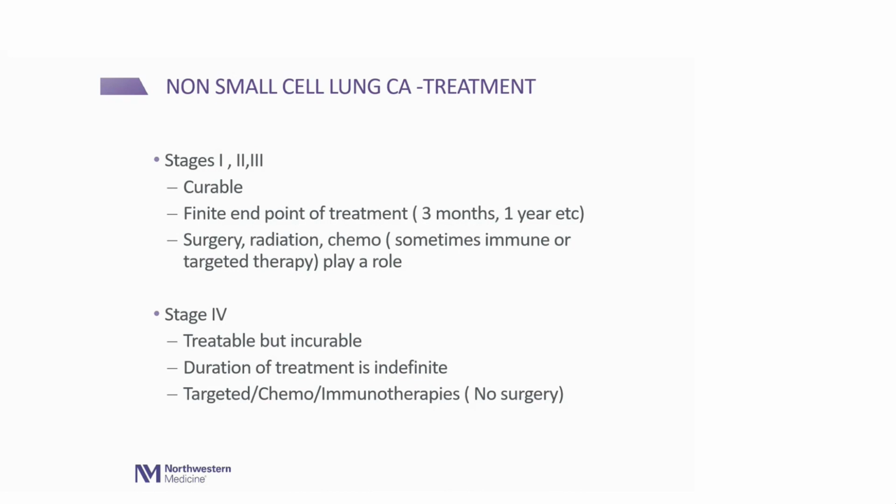I will talk first about non-small cell because it's more common. Only my last couple of slides are about small cell. So in general, we say stages 1, 2, and 3 are considered curable. Stage 4 is treatable. We have treatments. All these different treatments I talked about are used to treat all different stages. But the basic difference between stage 4 and other stages is that stage 4 is treatable, but it's not curable, meaning we can't take it away completely ever because the cancer has already spread to other parts of the body. Stages 1, 2, and 3 are different because it's still confined to that area of the body. So it is treatable and curable.